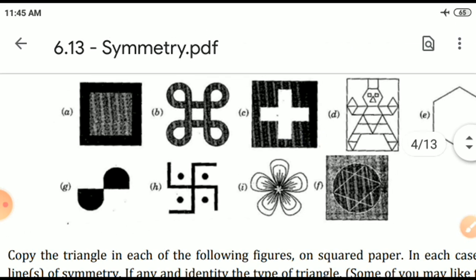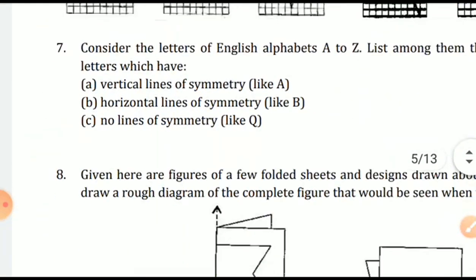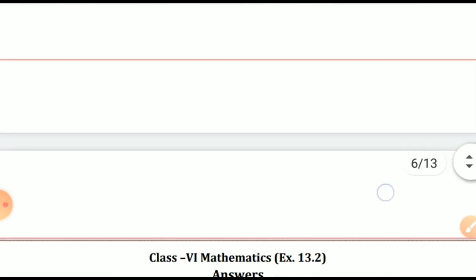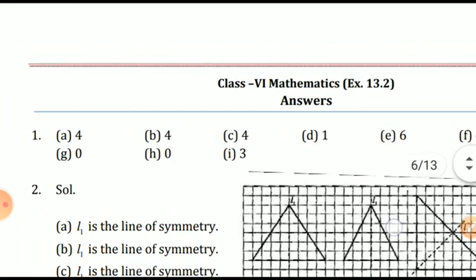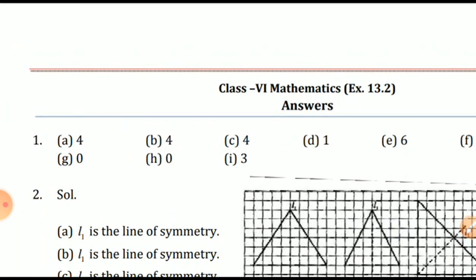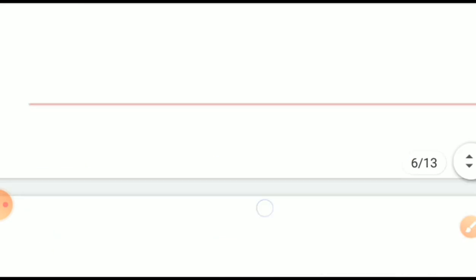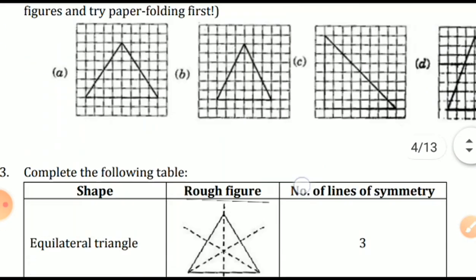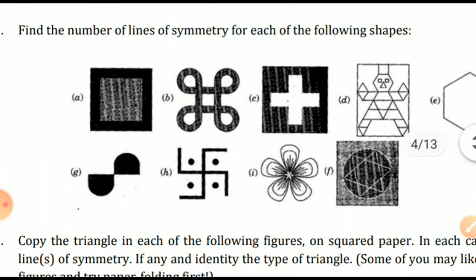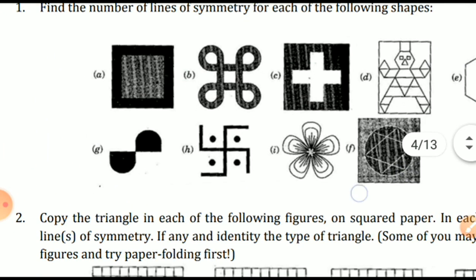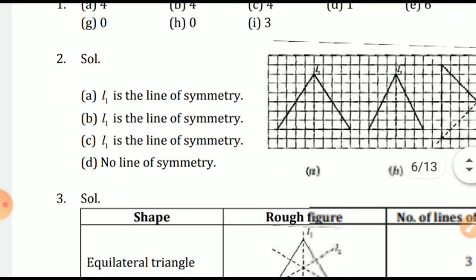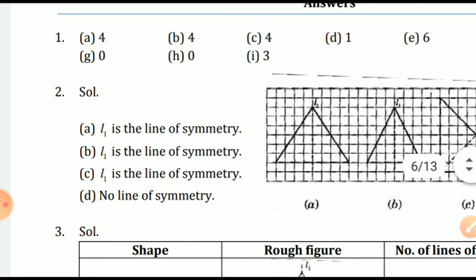What about this one? No line of symmetry. Isn't it? Yes. For this, 4 or 6 or 8, you can just say it and try to draw it yourself. Isn't it? See, I want to show the answer. 6, then 4, then 0, 0 and last 3. In which one did we get 3, beta? Want to see? In these two we got 0, 0, right? 3 we got in this. Clear? Correct. Try to draw it and find out the answers.